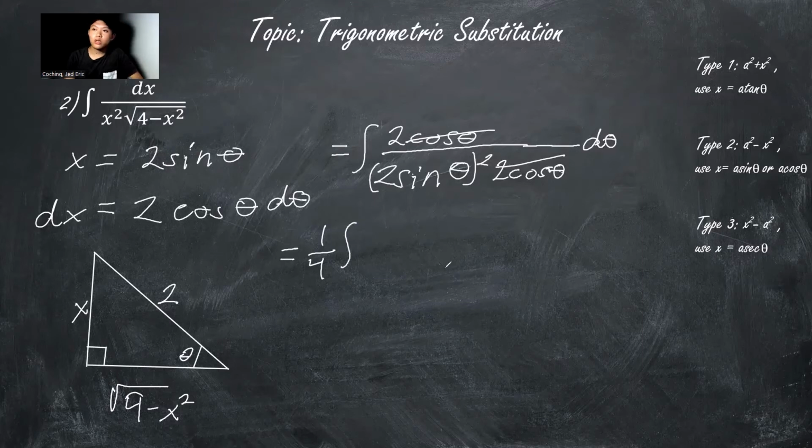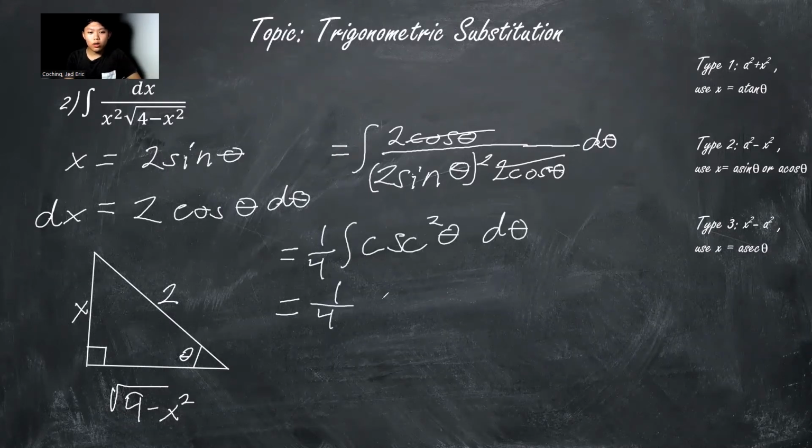And that's going to become 1 divided by sine squared theta. Now we can also simplify that. It's going to be cosecant squared theta d theta. Now that's equal to 1/4 negative cotangent theta